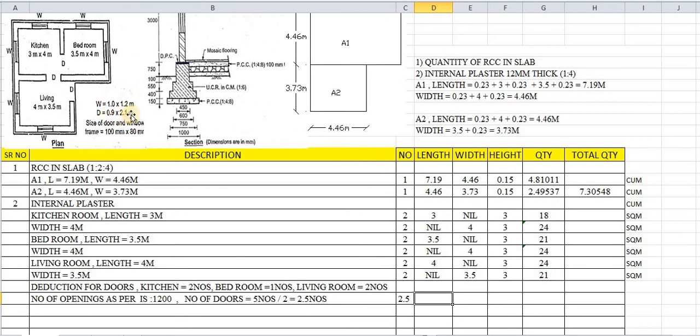Again, doors are two-dimensional, that is, they do not have thickness, or negligible thickness, or thickness will not be considered. So we will have this length as 0.9 and height as 2.1. So here we will have the length of door as 0.9. What about the height of door? Width will not be considered in this case, there is no such width of the door, whereas 2.1 is the height of the door. So 0.9 is the length of door, width is not considered, height of the door is nothing but 2.1.